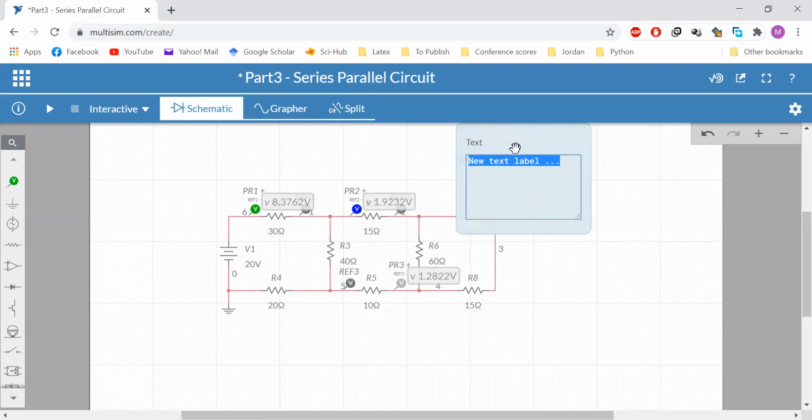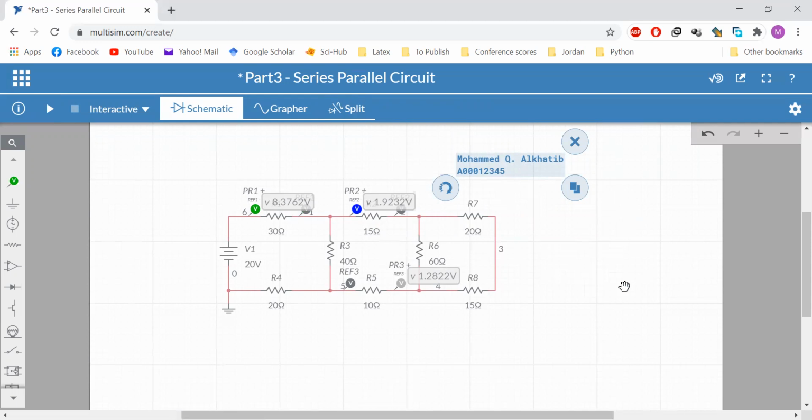text. What you need to add here from now on, for every circuit you create, is to type your name and ID. So ALKH890 and ID, you just put your A 1, 2, 3, 4, 5, 6. And that's it. Once you are done, click anywhere and there you go. That's the text here. So from now on, in every circuit you create, have this text annotation to show your